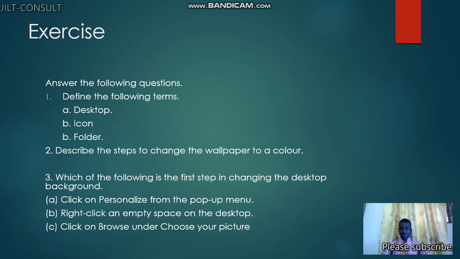Now question 3. Which of the following is the first step in changing the desktop background? Read through this step. A. Click on Personalize from the pop-up menu. B. Right click on an empty space on the desktop. C. Click on Browse and choose your picture. So select the right option,